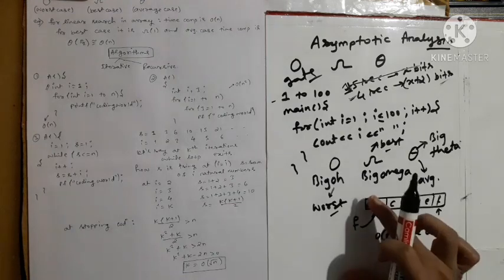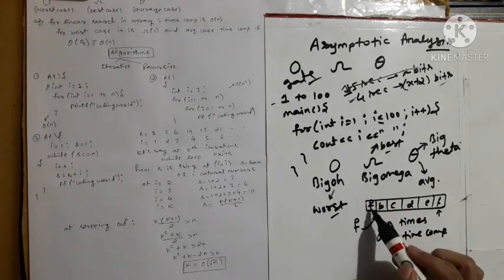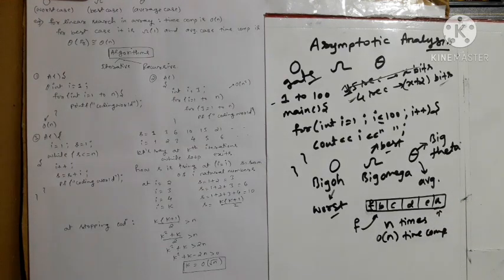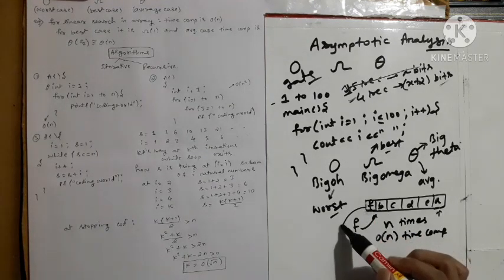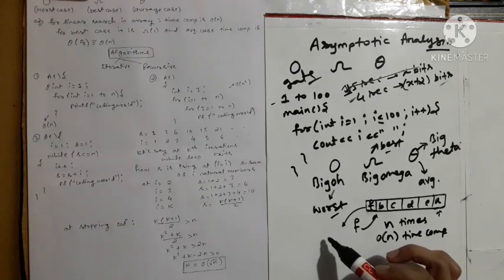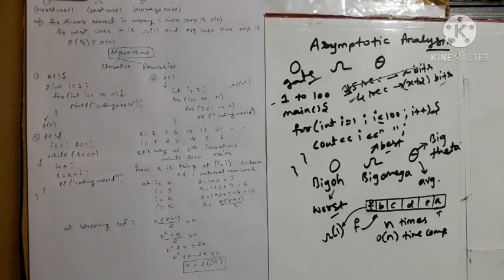See, but if in spite of a, suppose at first index, means at 0th index, f is present, and at last index suppose a is present, then definitely we can say that जैसे हम लोग फर्स्ट टाइम ही आइटरेट करना शुरू करेंगे हम लोग एफ मिल जाएगा. दैट मीन्स दिस इज द बेस्ट केस कि मैंने कुछ करने ट्रैवर्स करना ही नहीं पड़ा, जस्ट फर्स्ट आइटरेशन में ही काम हो गया. सो दिस इज द बेस्ट केस. तो इसको डिनोट करने के लिए करेंगे बिग O ऑफ 1. Isn't it? Are you getting my point?